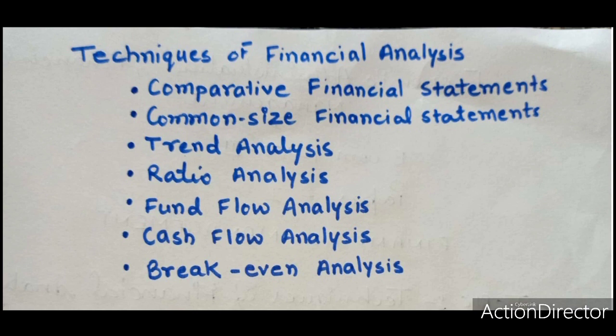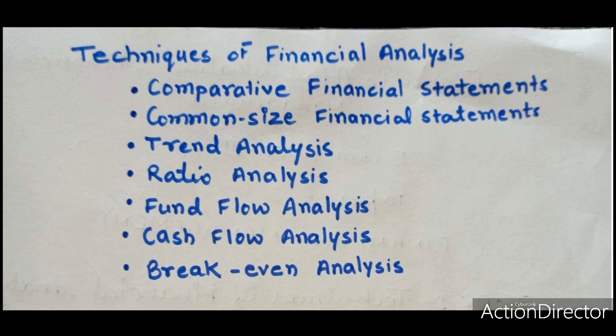External parties such as investors, shareholders, creditors, etc. require information about the financial soundness or weakness of the concern. Therefore, ratio analysis is used by all the parties, including management, to evaluate the performance of the concern. With the help of these ratios, the liquidity position, long-term solvency, operating efficiency or profitability and efficiency of a concern can be evaluated. This method of ratio analysis is discussed in detail in the next chapters, so we'll understand it in that chapter. Now, the fifth technique of financial analysis is funds flow analysis.